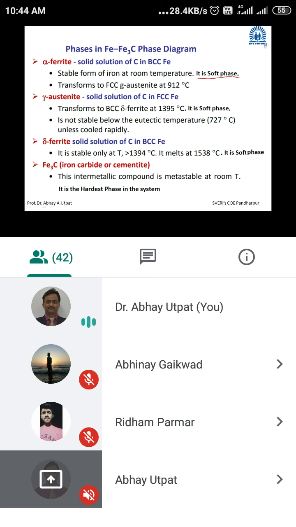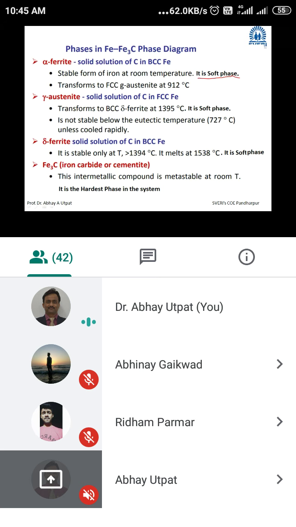So if you see the diagram, where the word alpha is written, the crystal structure is all BCC. If you change the temperature, the BCC structure is converted into FCC structure, which means the phase is changed. At lower temperature, the structure is body centered cubic. If you heat the steel, atoms will move here and there, rearrange themselves and form a new structure, that is FCC.